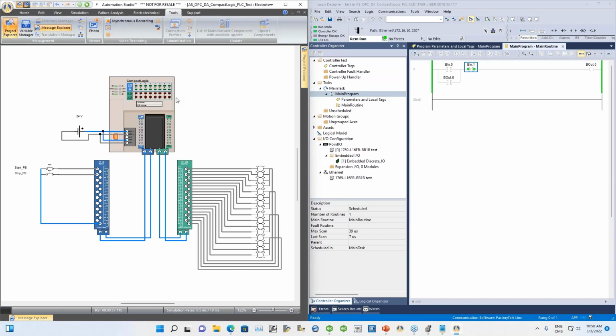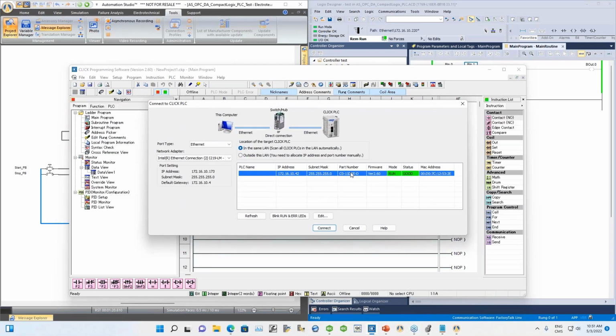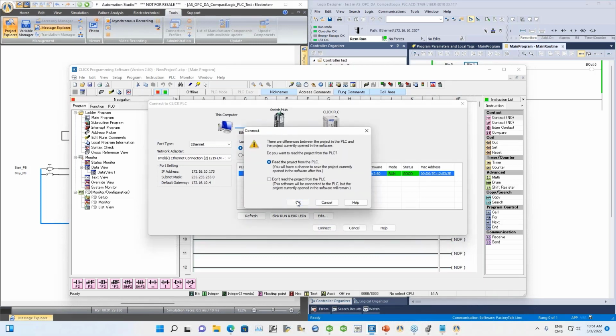Now I'm going to show you another example, just to show you that we can communicate with other PLCs. I'm going to show you the logic with the Koyo PLC. So for example, if I come over here, this is the Koyo programming software, which is the equivalent of Studio 5000. So I'm going to connect to the PLC. If I do connect to the PLC, you see my Koyo PLC is sitting on address 1042, okay, 72, and then if I connect,